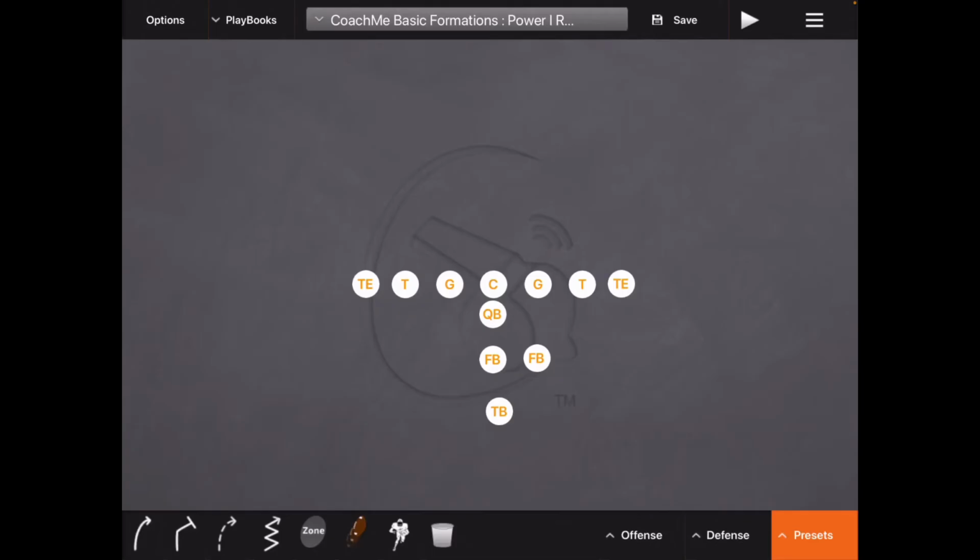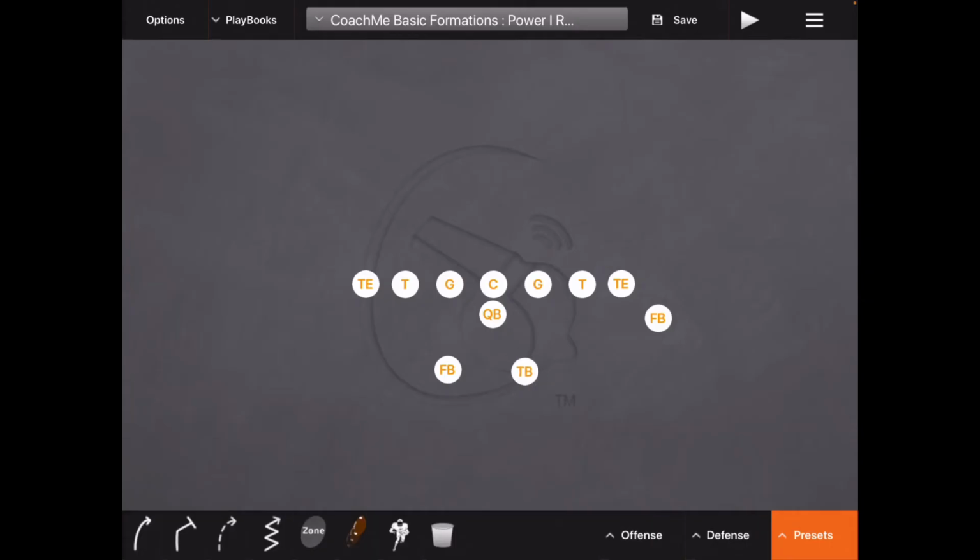Okay, the next one doesn't have, as far as what I like, the number of guys in the backfield. Like I said, I like to get 3 guys in the backfield. This is the pro formation. The pro formation has only 2 guys in the backfield directly. I mean, this guy sometimes is a wing back, sometimes he's split out, but the basis of this is you got 2 running backs in the backfield. And both of these running backs need to be almost equal in size and strength because at any given time, one of them is the lead blocker and one of them is getting the ball.